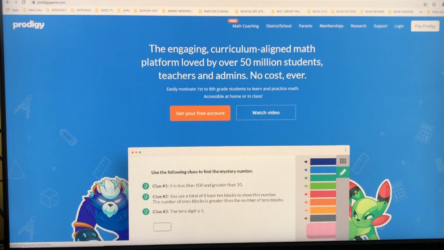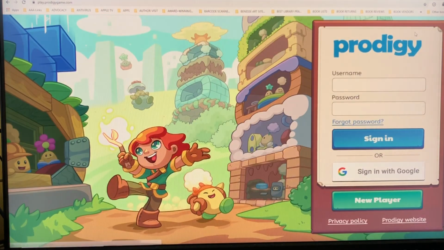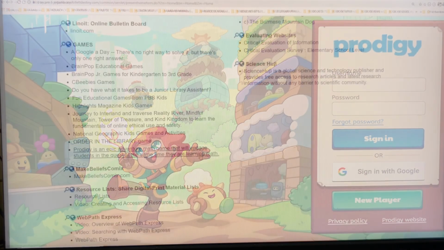Okay, so if you want to play it, you click on here. You know what? I don't have an account, so I cannot access it. But kids, please tell your parents all about it because you know more about it than I do. But it looks like a fun game. Sometimes it's hard to believe that it's educational, but it really is. It's asking some very complicated questions and getting kids to think. So please enjoy this at home too.